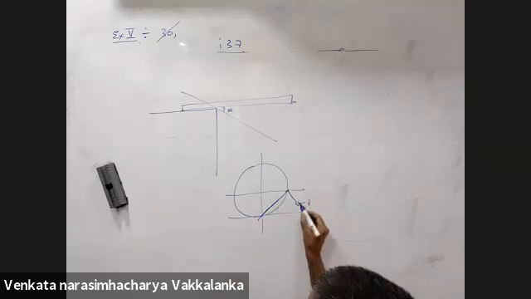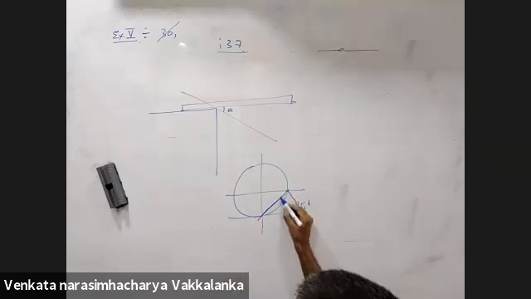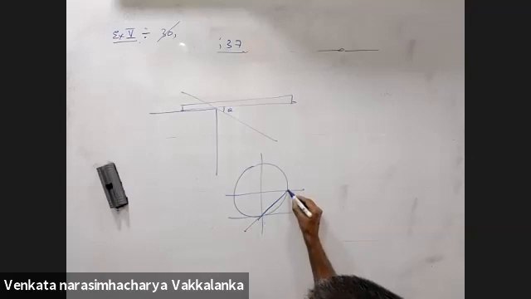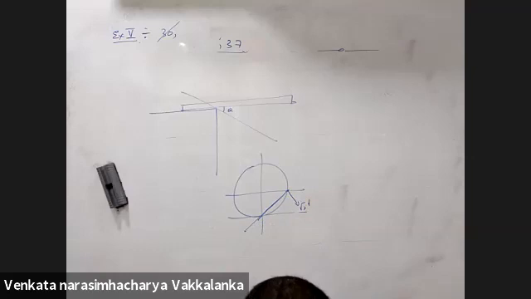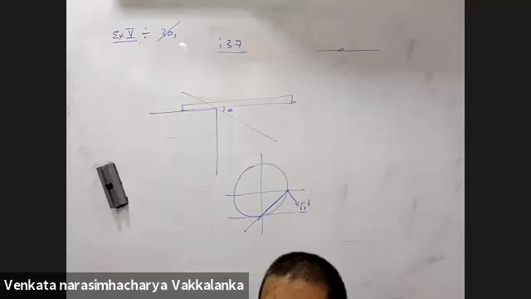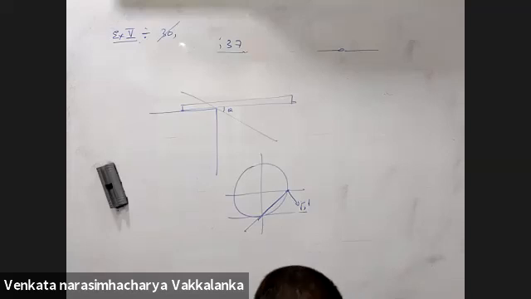Right? V square by R. This V should be perpendicular to R. That's a hint. Radius of the cylinder is R. Find the radius of curvature of the trajectory traced out at the points A and B. Resolve even the radius. That's a hint. If you don't get it, I'll discuss it in the next class.